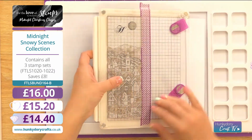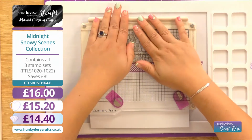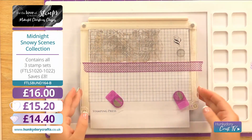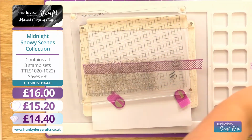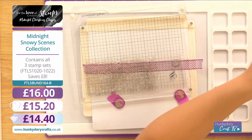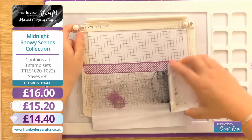So once I've lined it up, I'm just going to turn it over just because our messy medium mat has this little groove, so it's easier to stamp this way around because you get that sort of full section on there. So VersaFine for this card is the ink that we're going to be using. We're keeping it very